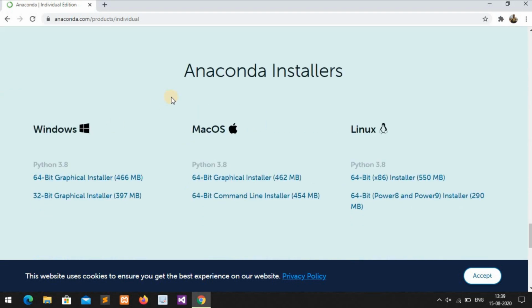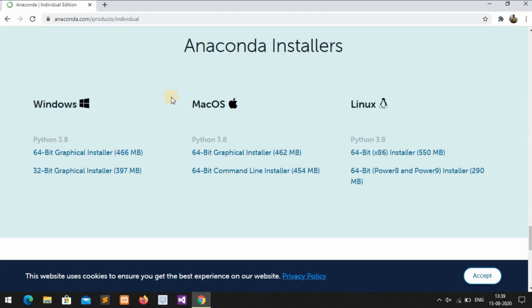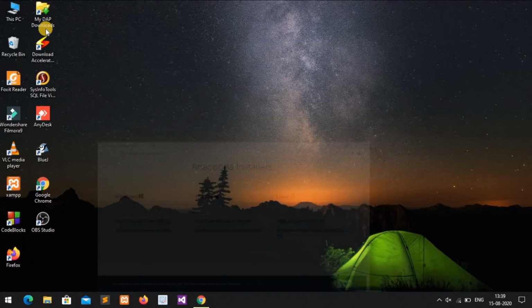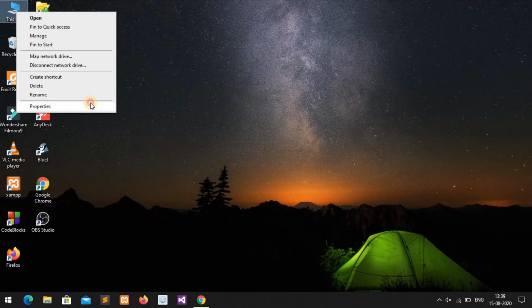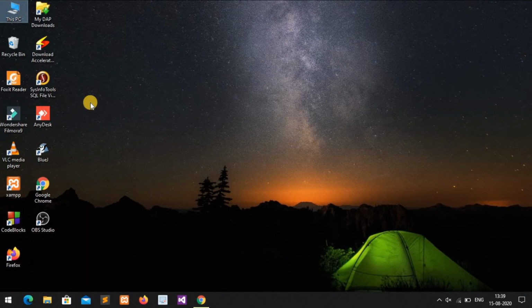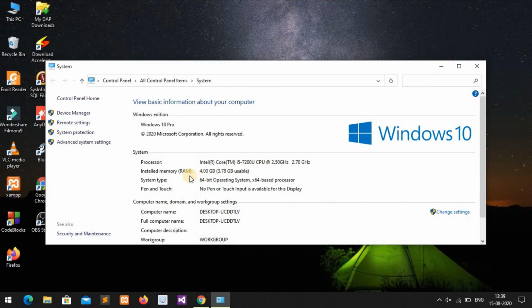When we go for download, it gives you all the categories of operating system according to which you can use this software. So I am using Windows 10 here, 64-bit operating system, graphical interface. We will need this installation package, and kindly see from your computer's properties whether you are using 32-bit or 64-bit operating system.